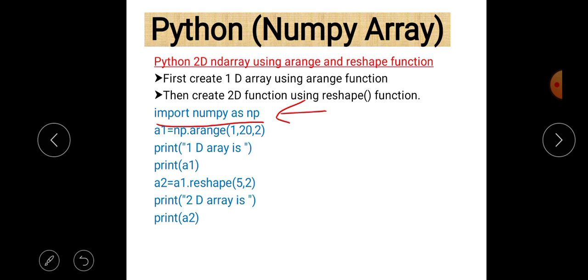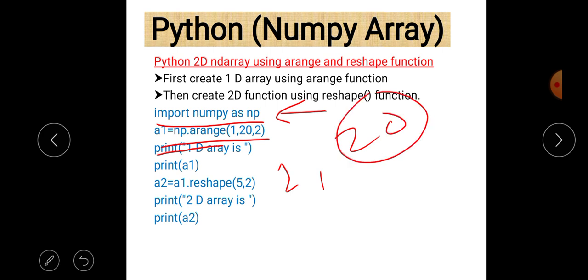first of all we write a1 equals np dot arange 1 comma 20 comma 2. So basically it is a range that starts from 1 and goes up to 20. 20 is not included in this case because the last value is not part of the arange function, so it is always excluded.